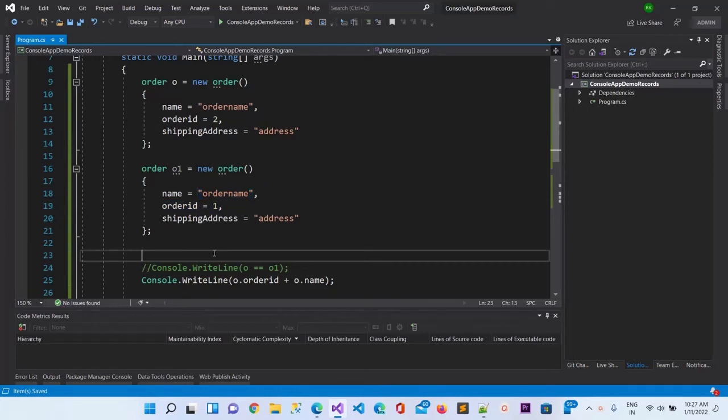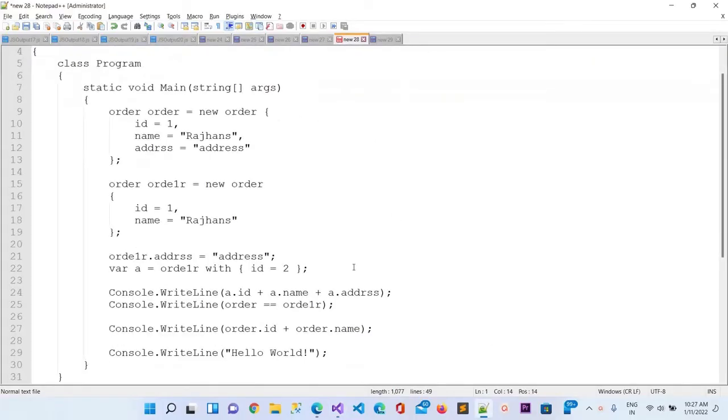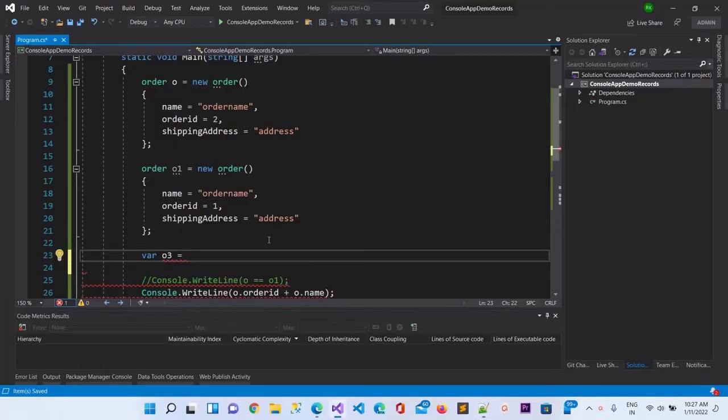We can do that easily by creating O3, and inside this I am going to use the with keyword. So we use order with, and here I can pass the value in the parameter of shipping address.